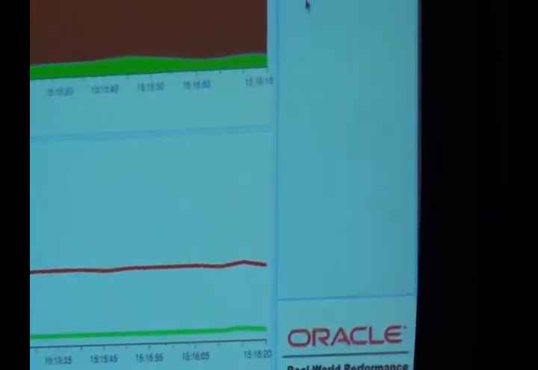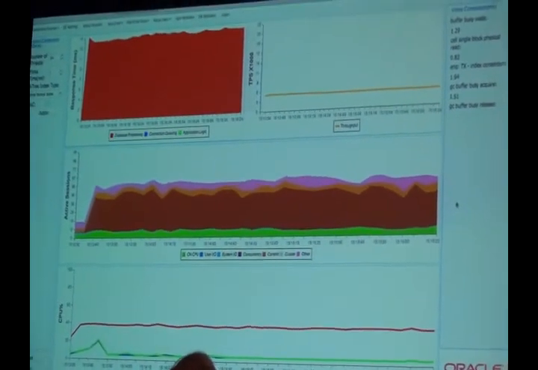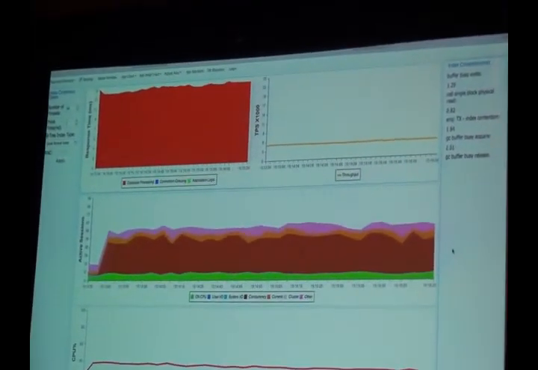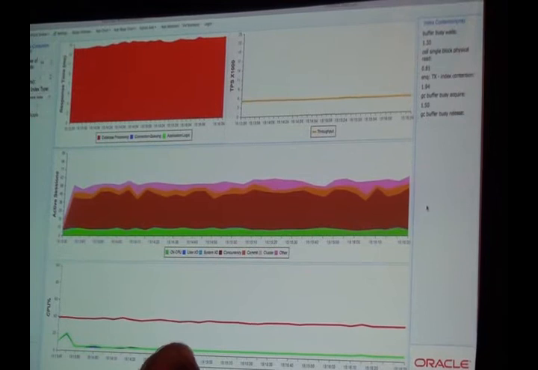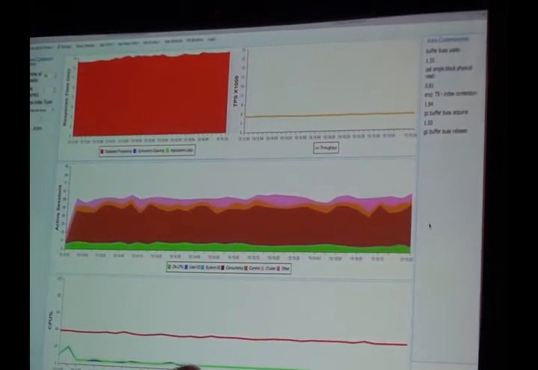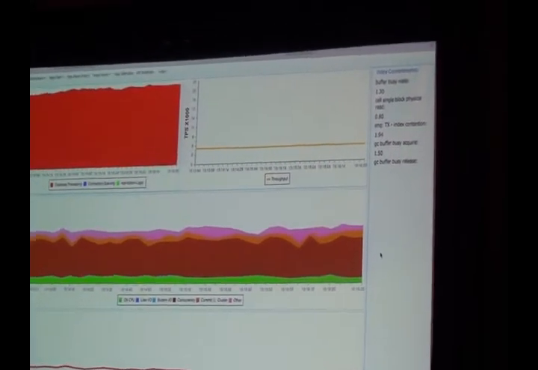Okay, well, let's have a look at what's going on in the system again. Let's see what our red stuff is. And we're seeing buffer busy waits and index contention. So this must be because of the index that we have on our logging table. So what I think we should do is rebuild the index with a different minitrans and a different percent free, so that we can get a smaller number of rows in the index block and we'll have less contention. Interesting idea. Any other ideas? Maybe we can have a smaller block size. Really?